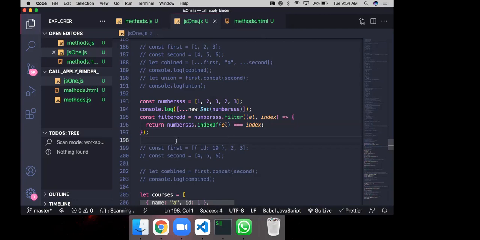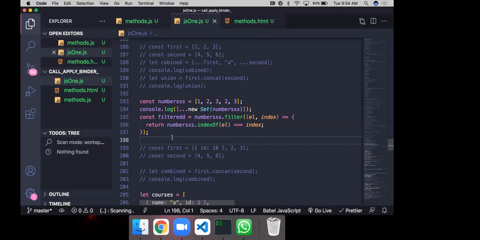So first understand what this is doing. Numbers dot indexOf el. If your element is 1, numbers dot indexOf 1 will be 0, and it will match the index. Index will also be 0 for the first iteration.